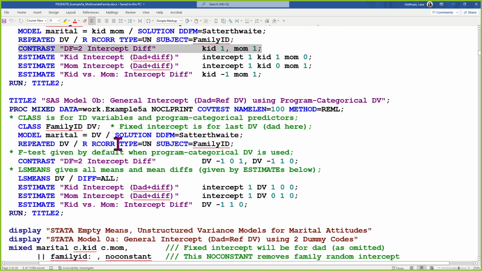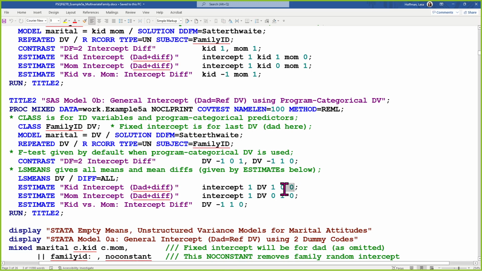I can do the same thing by using DV as a factor variable. In this case, class in SAS is how you tell it, can you make those dummy codes for me? Cool, thanks. So all I have to do is write this here, and it takes the place of the individual DV dummy codes that I've specified. Notably, though,